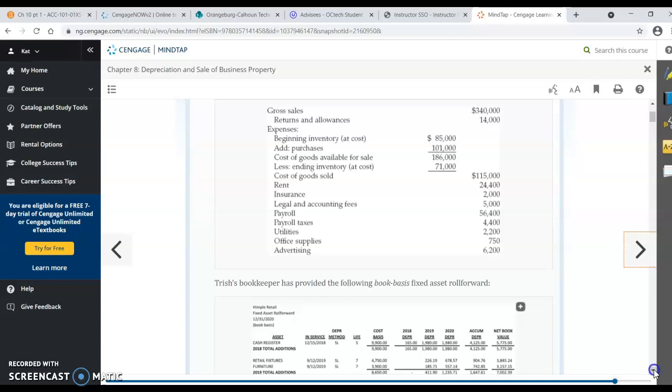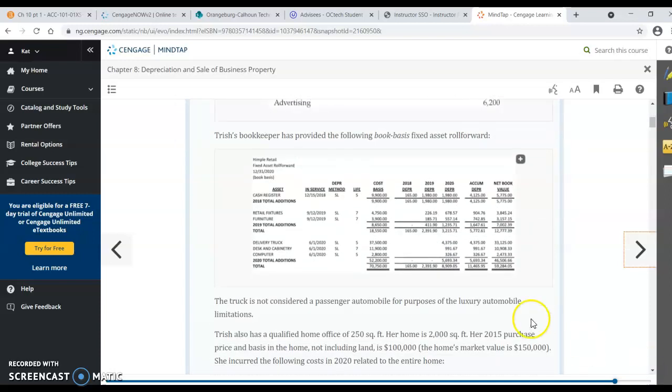Okay, and down below that, Trish's bookkeeper has provided the following book basis fixed asset roll forward. What the heck does that mean? Well, depreciation is done differently, and we've learned that before. It's done differently for bookkeeping and accounting purposes than it is for IRS purposes. And this depreciation schedule that her bookkeeper has provided